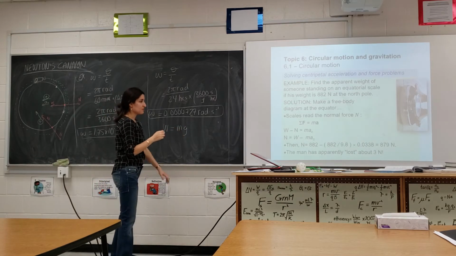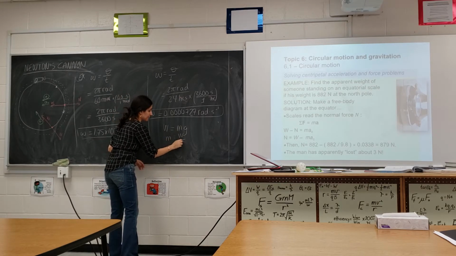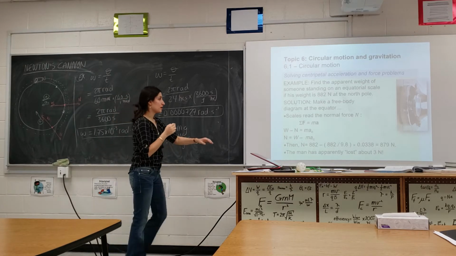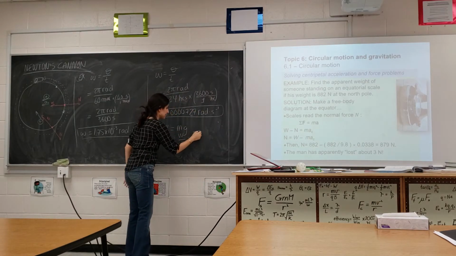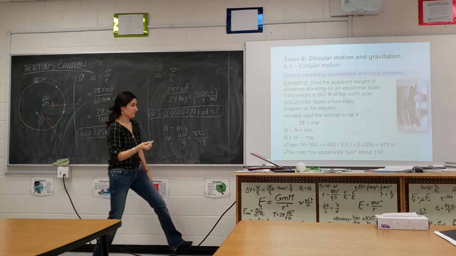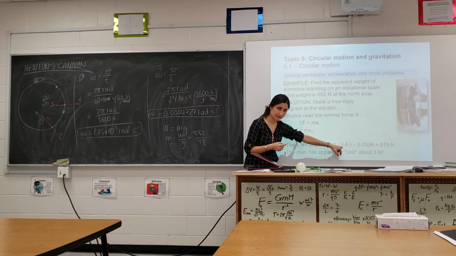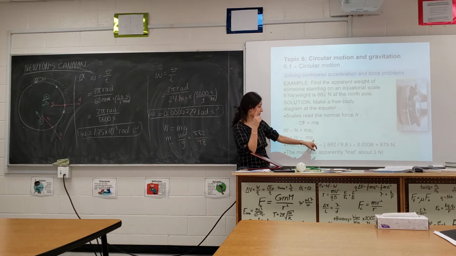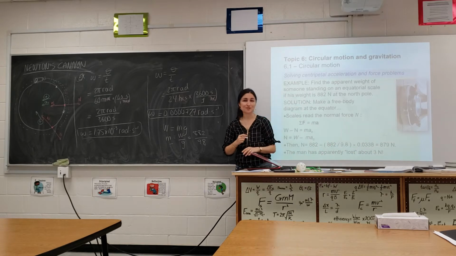W is equal to mg. So how do you find m? M is just W divided by g. Well, what's the weight here? It's 882 newtons, right? So 882 divided by 9.8, that's m. Okay, so if you're wondering what's this in the bracket, that's m. M is this. Multiply that by AC, we just found that on the previous slide, 0.0338, and you get 879